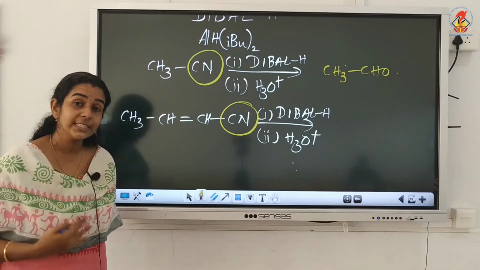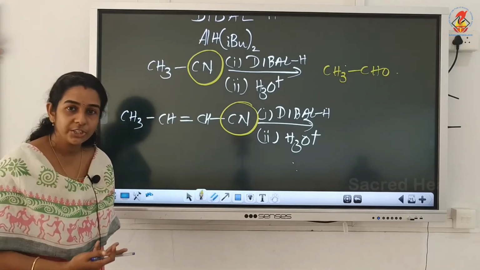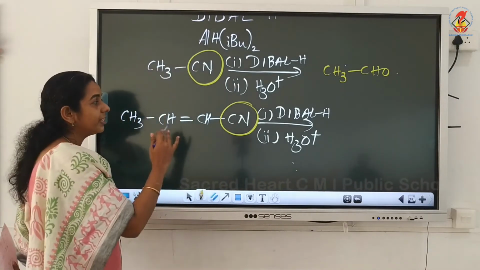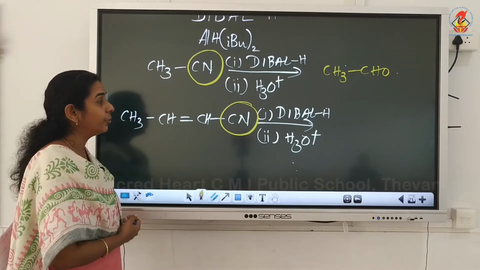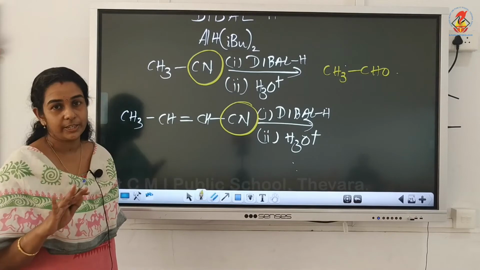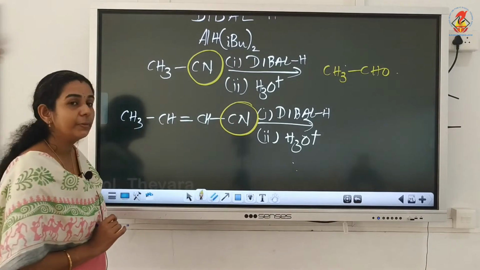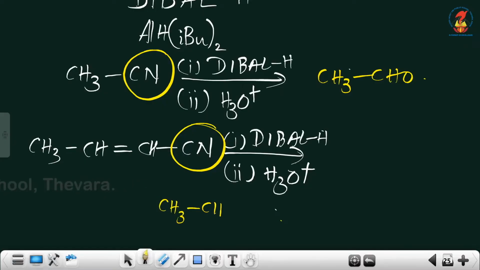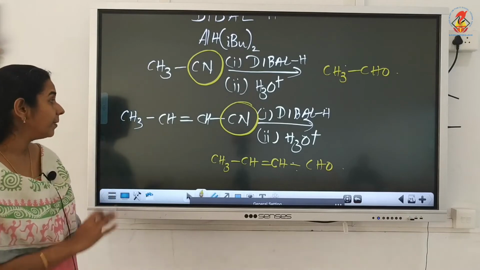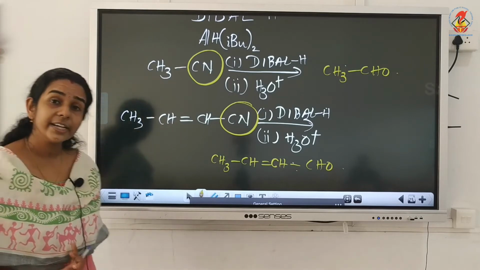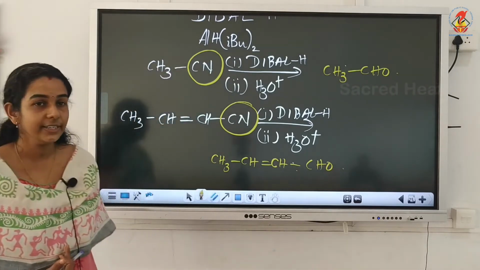Because we know that all these are reduction methods, so hydrogenation or addition of hydrogen is taking place everywhere. But remember, if there is any other functional group other than cyano group, that will remain unaffected. So we need to change only CN by CHO. So how will the product be? CH3CH=CH, there is no change in the double bond, CN replaced by CHO. The remaining part you can simply copy from the question. So these are the reduction methods for the preparation of aldehydes.